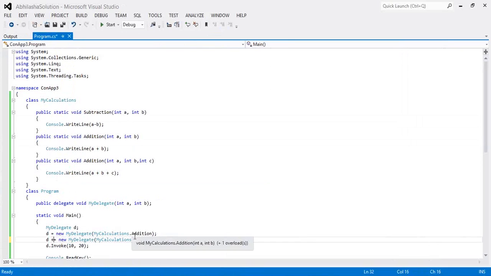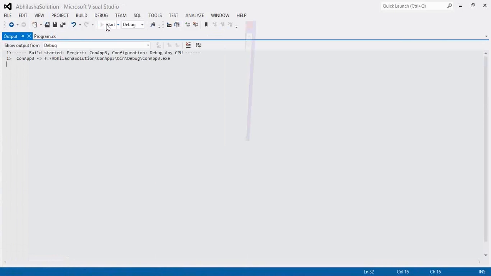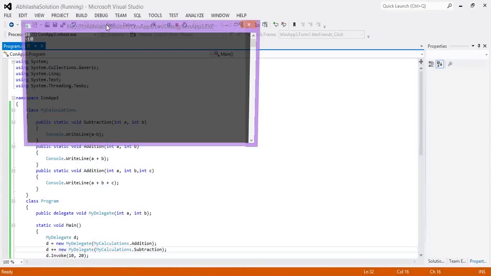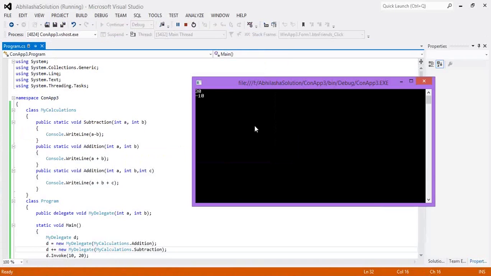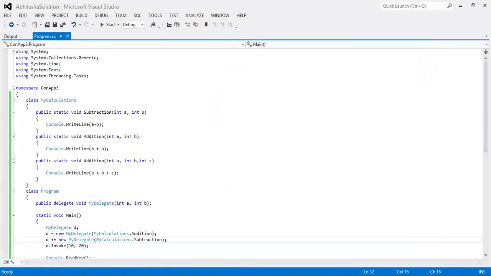So what is my question? I would like to perform the addition and also subtraction. Now you can understand that your delegate is performing two calculations. And again, whenever you call a delegate, you can perform two calculations. This is one of the best advantages of the delegate. Now I can tell you a small example.